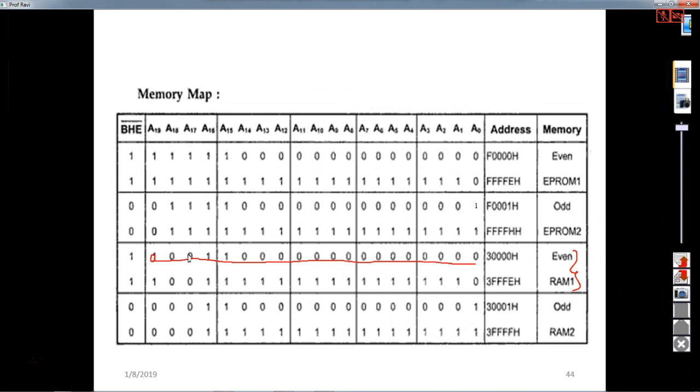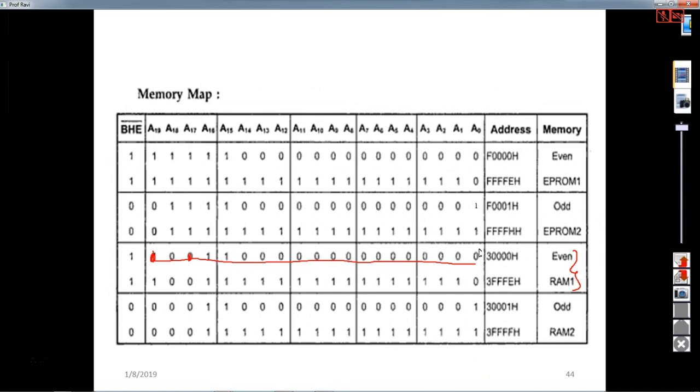It should be 1. It is 3. So no. Here, yes. So it is 1. Here, if you try to see 3000. So 300 means yes. So it should be 1, 0. So here